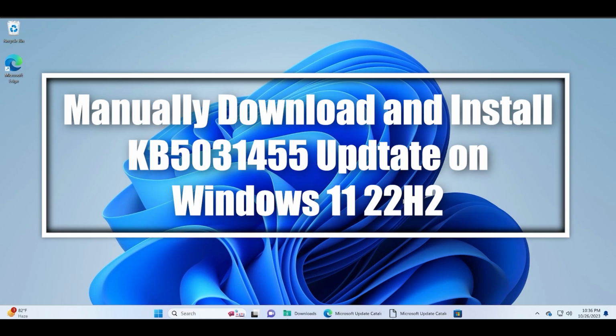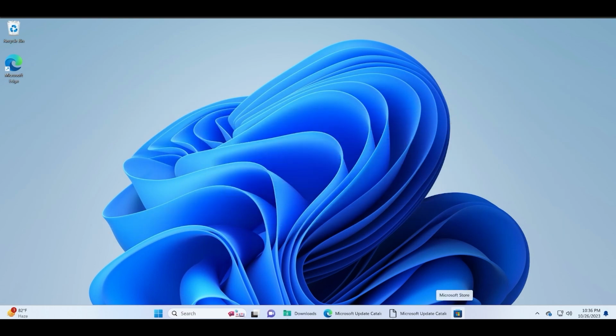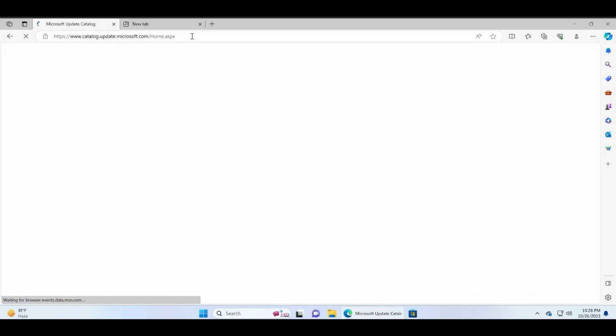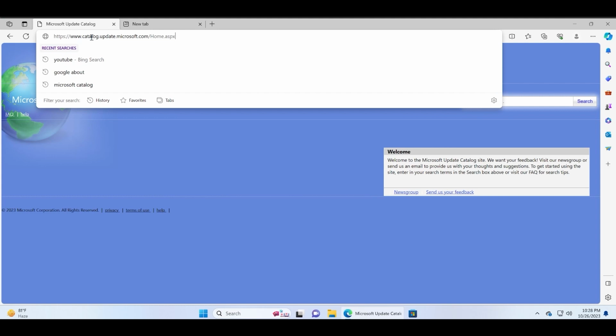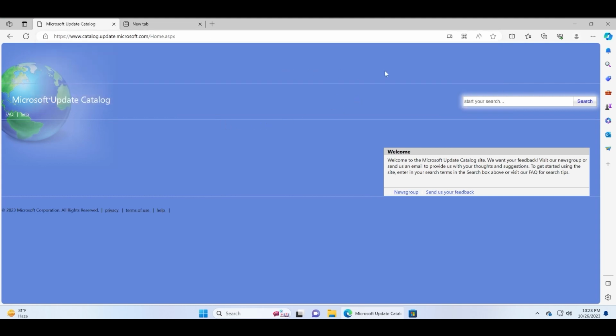In this video, we will discuss how to manually download and install the latest KB update for Windows 11 22H2 PCs. I have already downloaded and installed it via the settings app, but if you don't see this update, you can also manually download and install it. Just go to this website URL. Don't worry, I'll add it in the description box as well for ease of access, and just paste this